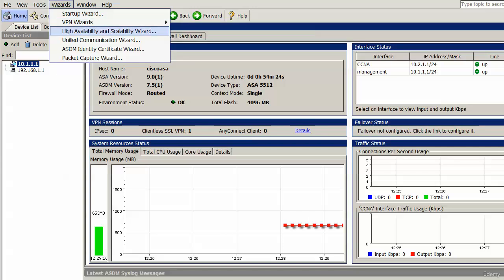We're going to dive into a couple of those. You have a high availability wizard, a unified communication wizard, an ASDM identity certificate wizard, which is actually what I made to use my certificate, and a packet capture wizard. So that's all fine. And the reason that I mention these is that having used an ASA for a very